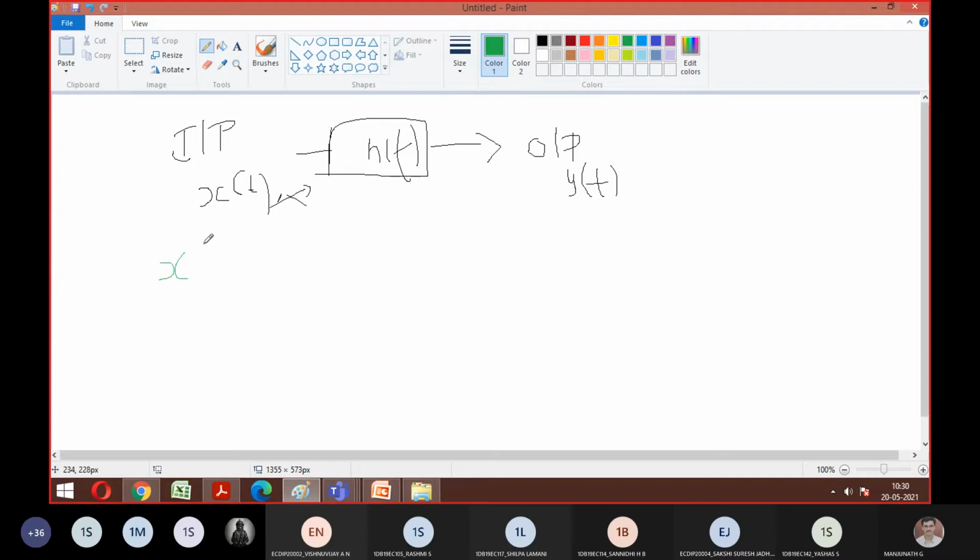for example, instead of x of t, assume that you got some delay. I can take delay also, I can take advance also. Both are possible. So if you go with some delay, do you expect the same thing to happen towards my output also? Yes or no? Yes, sir. So whenever you find such a system in which a slight change with respect to my input, with respect to time I'm talking, the same way my output also gets changed, such systems we are going to call time invariant systems.